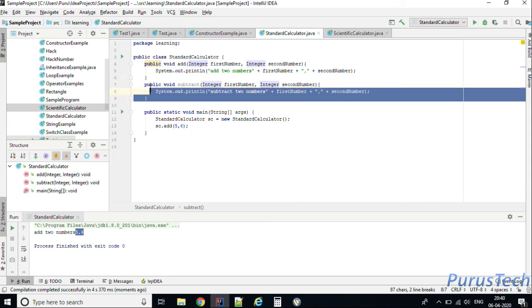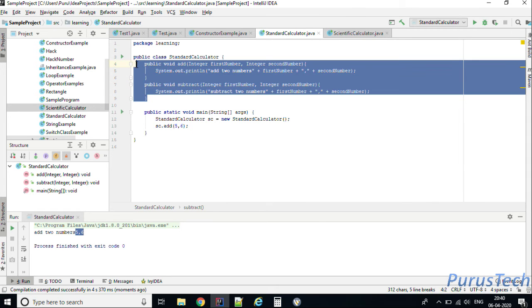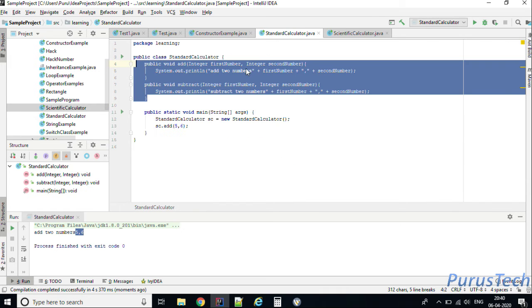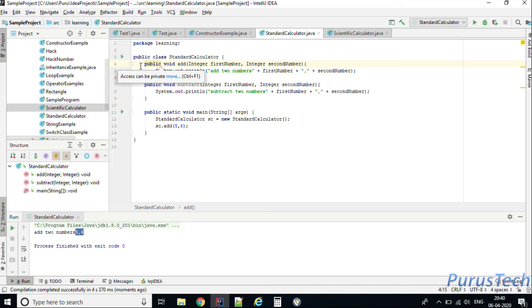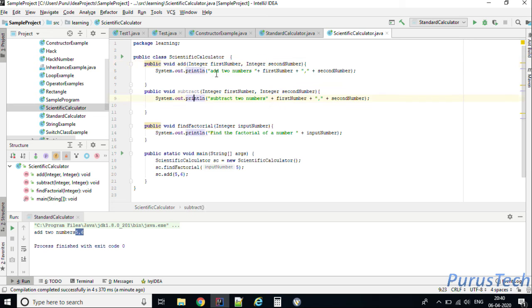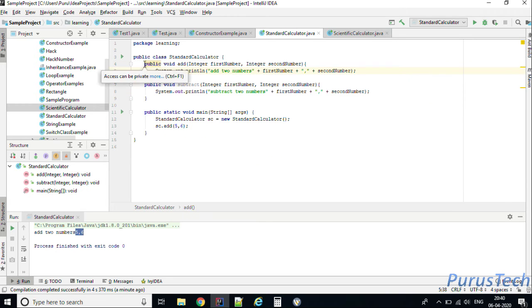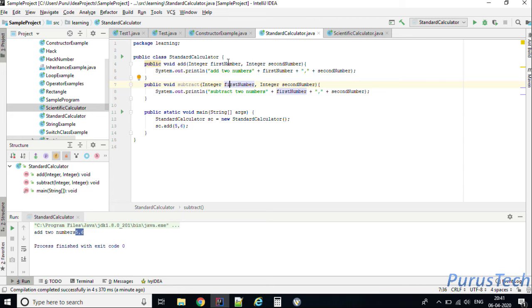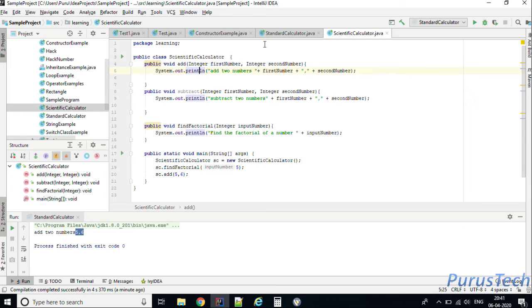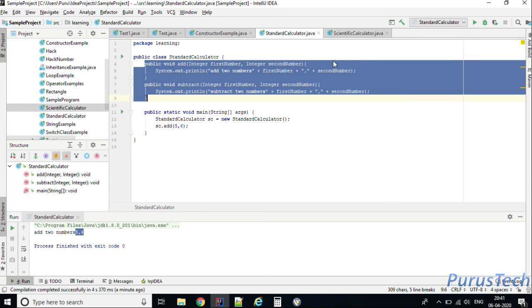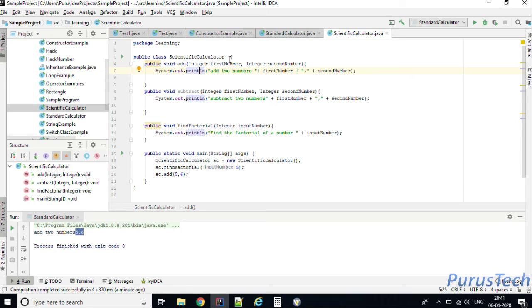Now you can see these two methods' logic or the functions are the same as in the scientific calculator. So what is happening is there is a duplication of code here and here, right? These two methods do the same function that the standard calculator's add and subtract have. So using inheritance, I can remove this duplication of code in these two classes. Let's see how to utilize these two methods in our scientific calculator to make it